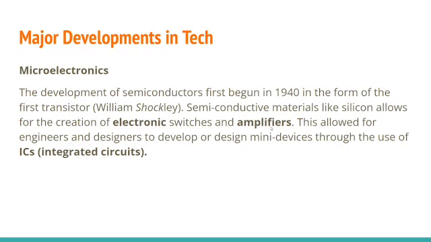Okay, so we're going to talk about some major developments in technology now. So first of all, you need to know a little bit about microelectronics. So the first development in microelectronics was the semiconductor in 1940s, and this was in the form of a transistor. A transistor is a small digital switch or a small electrical switch that basically allows for electricity to flow through